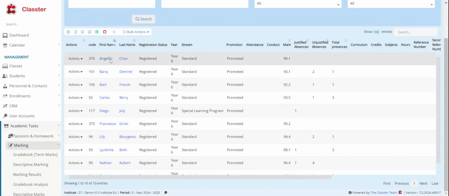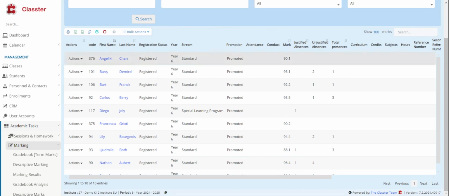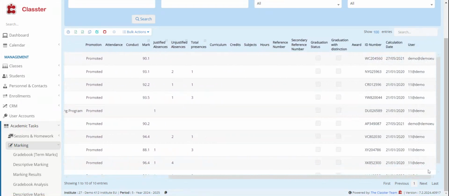We can see all the information we want. We can also edit it, delete, or remove the overall progress from this specific period. You can see the name of the student, the registration status, the year, if the student was promoted. You can see the mark, the absences, whatever you wish